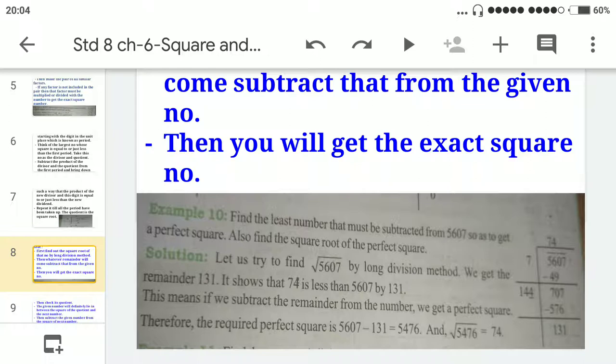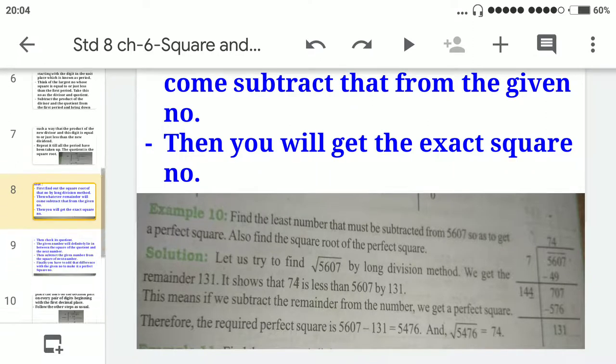Simply subtract this 131 from 5607. We have the answer 5476, and the square root of this number is 74. We got the answer, children, right? So simply subtract the remainder from the given number. Now the question arises,